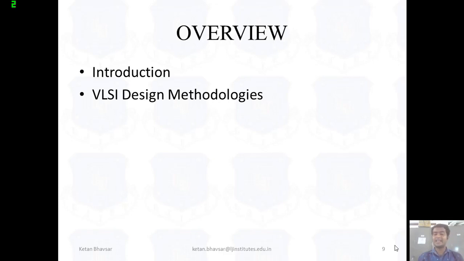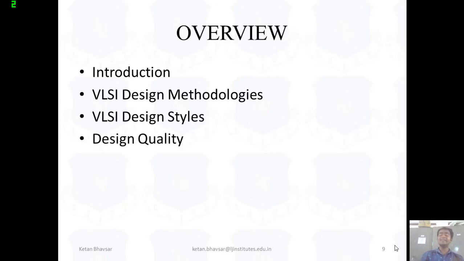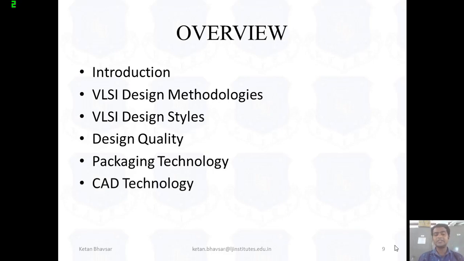Also, we studied the VLSI design flow with the Y chart, and the design flow with verification at each and every step. VLSI design styles like FPGA, full custom, standard cell, gate array based design. Design quality, where we talked about different parameters like testability, upgradability, reliability, yield, and manufacturability. In packaging technology, we studied the different types like DIP, quad, multiple on chip, single on chip. Different types of CAD tools like simulation tools, synthesis tools, verification, and layout design rules based tools. FPGA and CPLD, and the comparison of FPGA and CPLD.